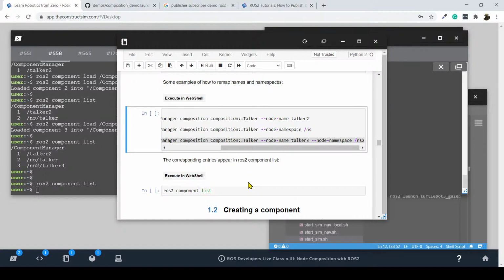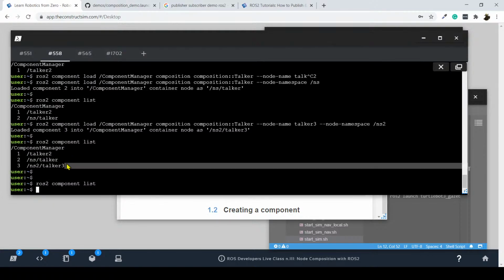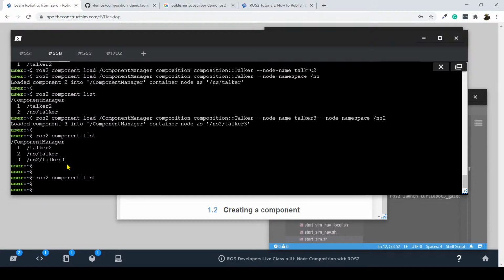Then, having done all these demonstrations and having seen the basic command line tools to interact with components, how to launch the container, how to load components, do the remappings, etc., and different ways of launching components. We have seen the manual one, executing the commands. We have seen using the launch file, and we have seen creating an executable that also loads these components. Then now what I would like to do, we have only 5 minutes left for the live class,